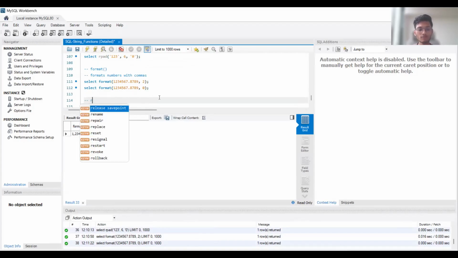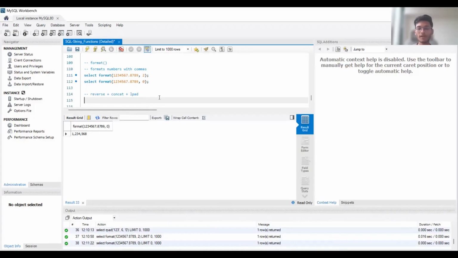Now what we will do, we will write one query where we will use the reverse function, concat function, and LPAD function together. What I want is to generate employee IDs, unique employee IDs. For example, I want to generate an employee ID like this. Let's say